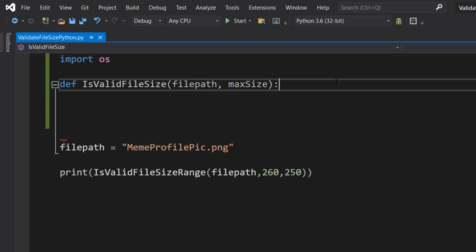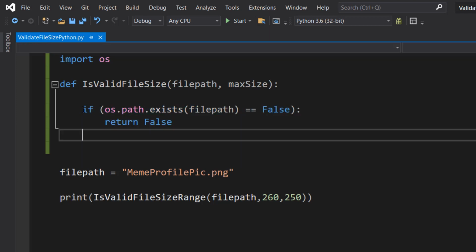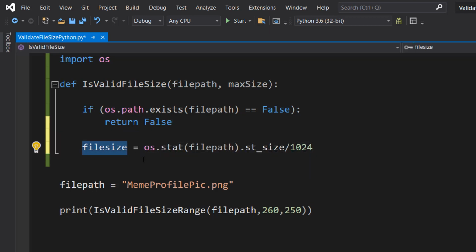if not it's invalid. The first thing we want to do is if os.path.exists(file path) equals false, return false. Basically, we don't want to do a check on a file if it doesn't exist. So we're going to check if it doesn't exist. If it doesn't exist, return a false because it can't be the valid size if there is no size to check. After that, we're going to do file size, which is going to be a variable we're creating now, equals